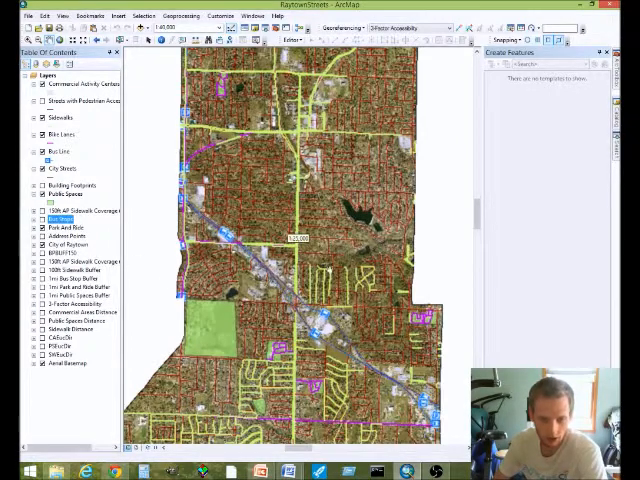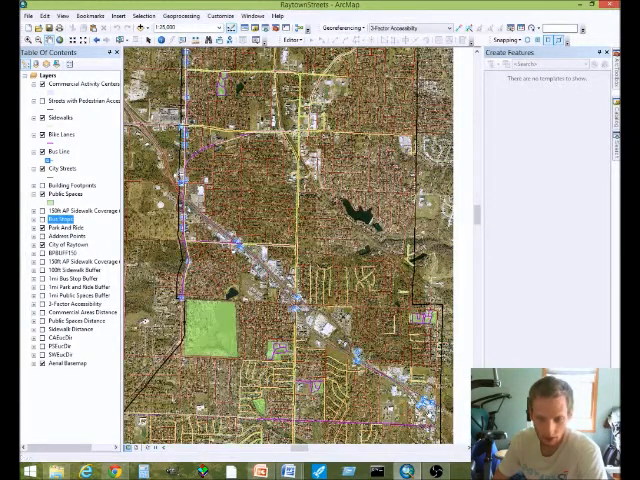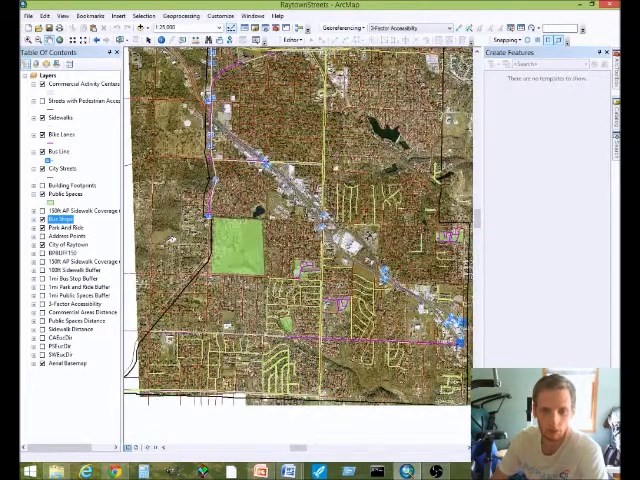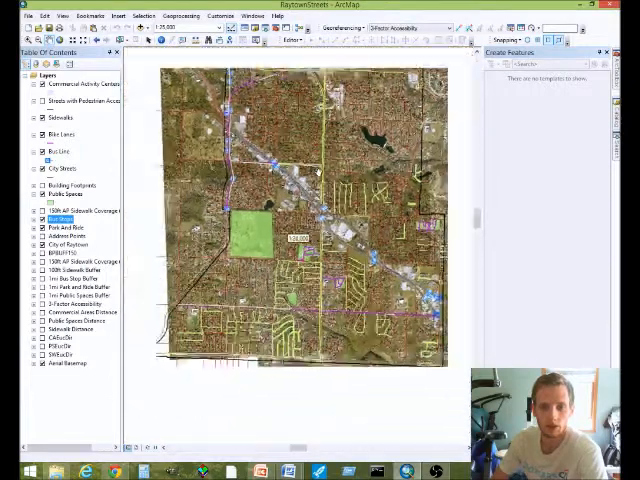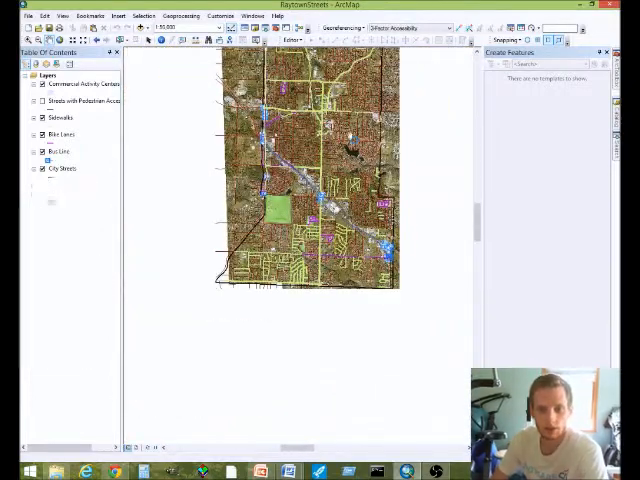So what we've got here are bus lines, bus stops. Do I have bus stops turned on? Bus stops, park and rides, bike lanes and bike trails, which are in purple, and then of course sidewalks, which are pale green. And I digitized